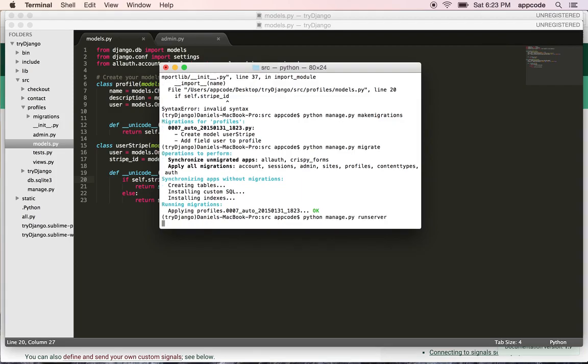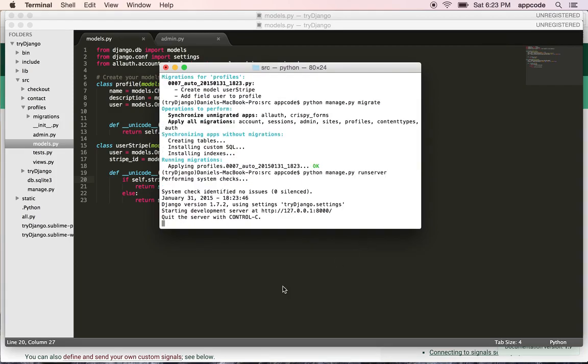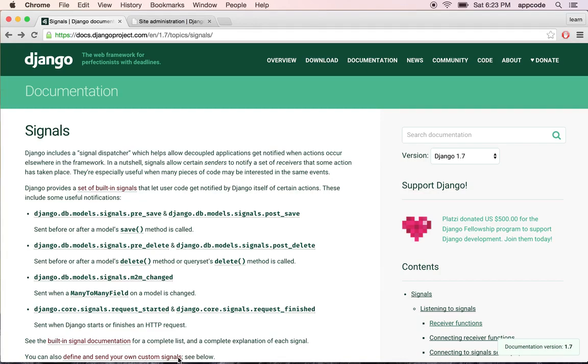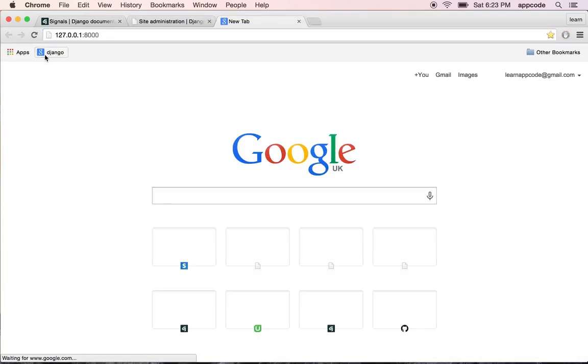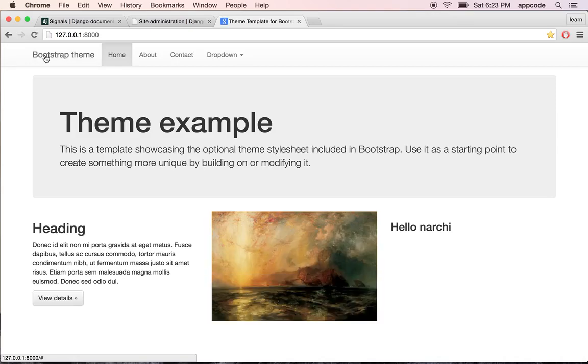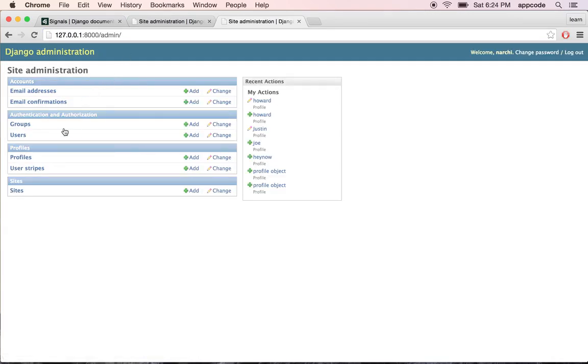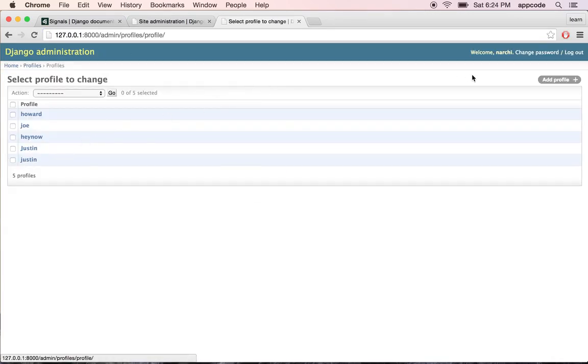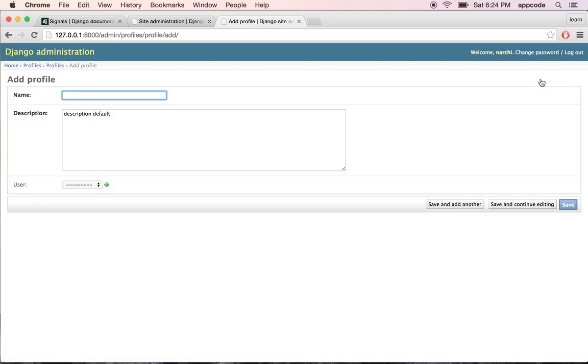Run server. And go to Chrome. Go to your project's homepage. Go to your admin. Then click on Profiles. Hit Add Profile. There is now a user field. And this user field associates a profile with a user. So if I fill out this form and click Save,